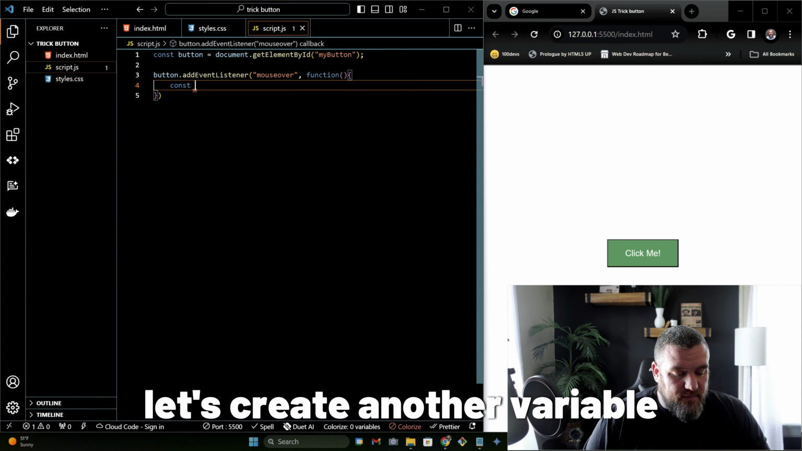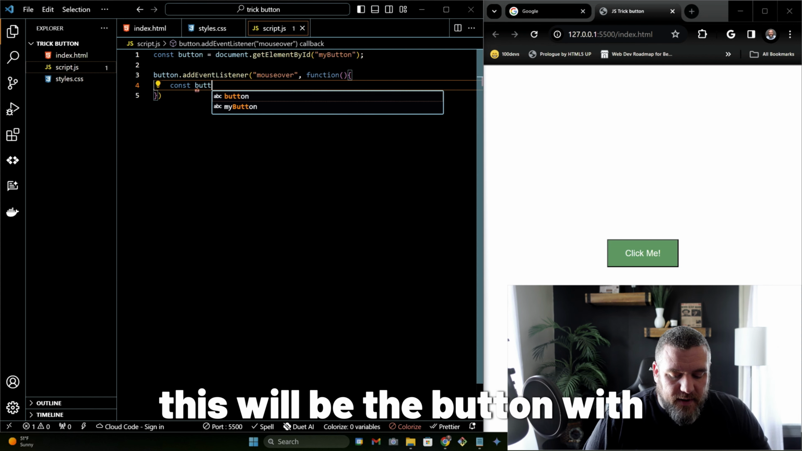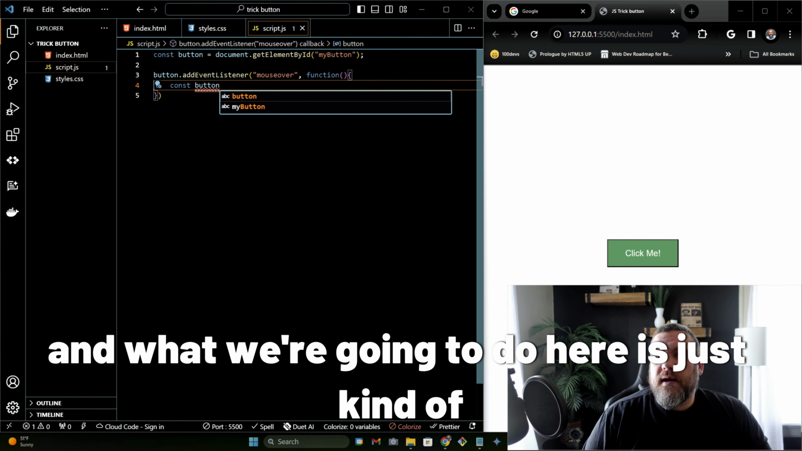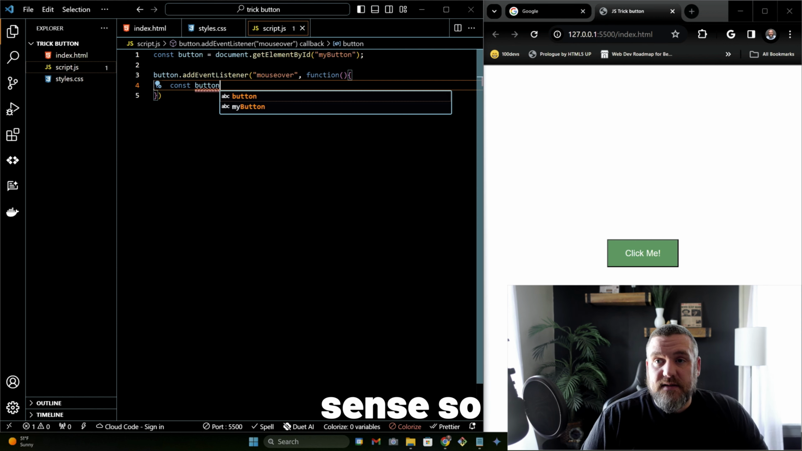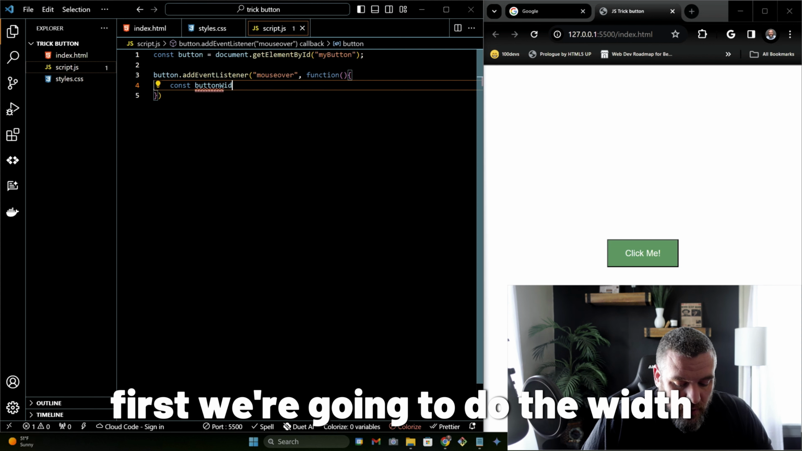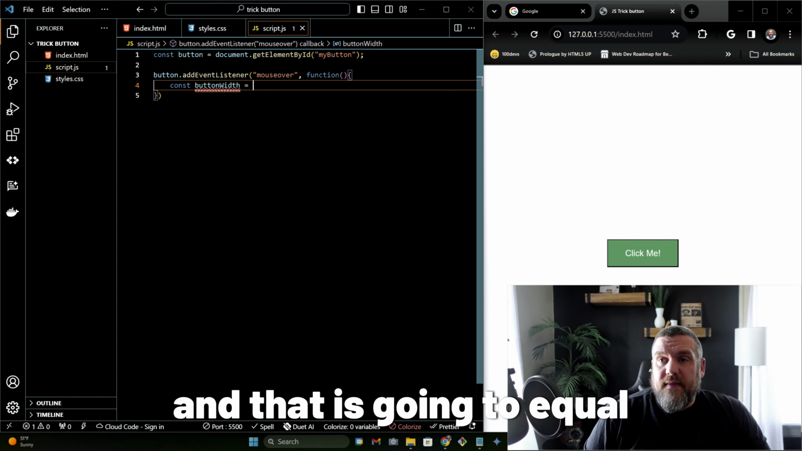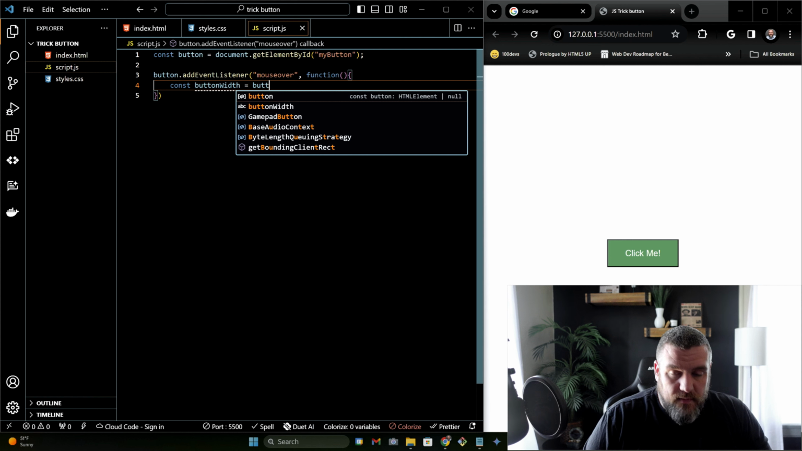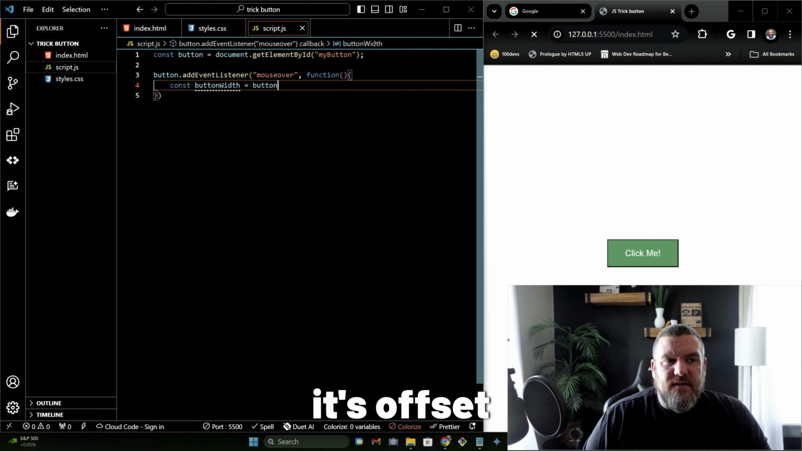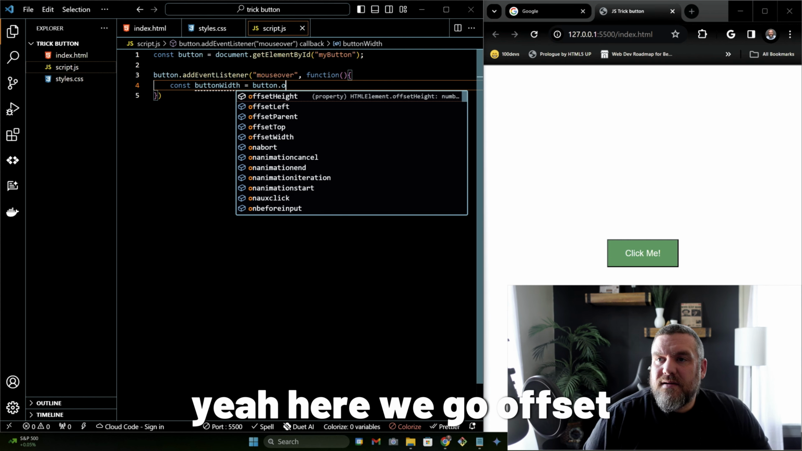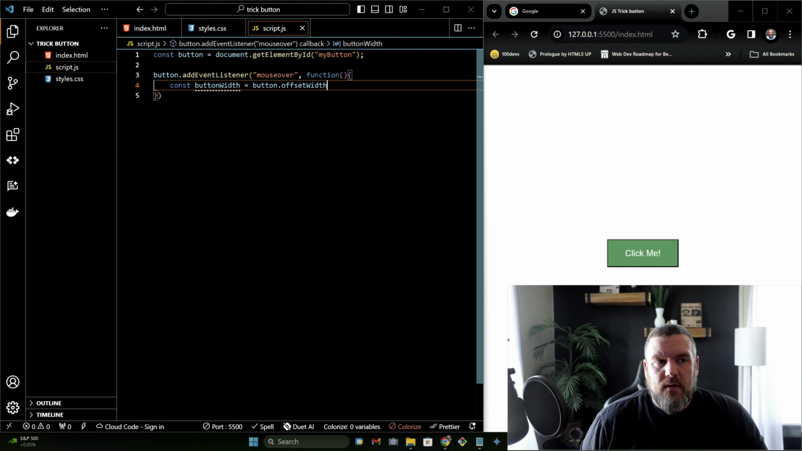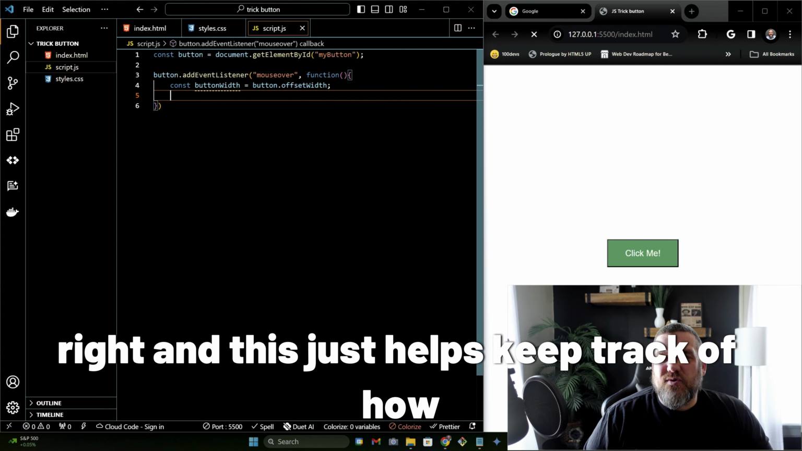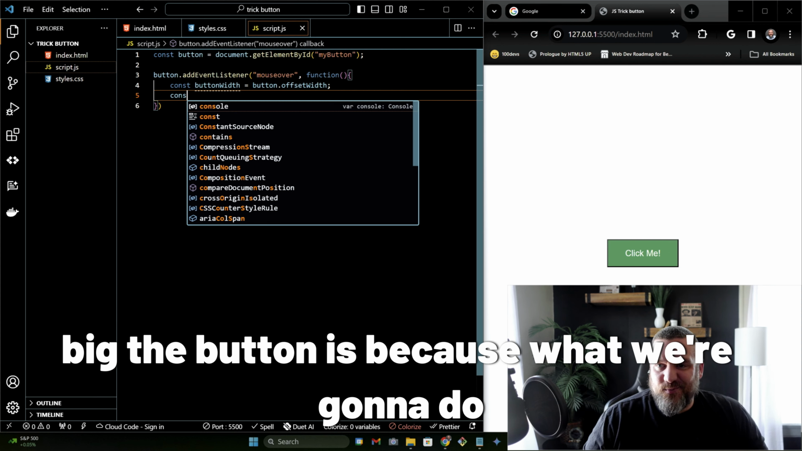Let's create another variable. This will be the button width. What we're going to do here is give the computer a way to measure how big the button is, if that makes sense. So first, we're going to do the width, and that is going to equal, I think it's offset. Yeah, here we go. Offset width. This just helps keep track of how big the button is, because what we're going to do,